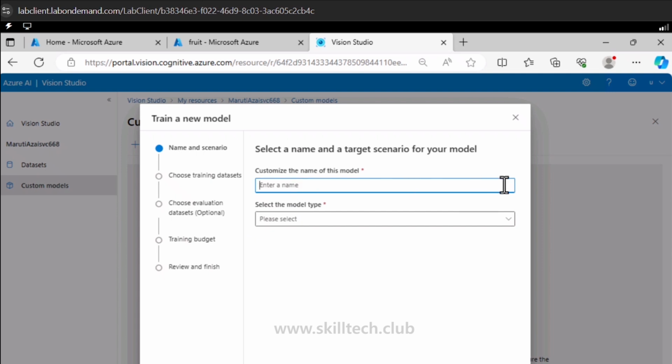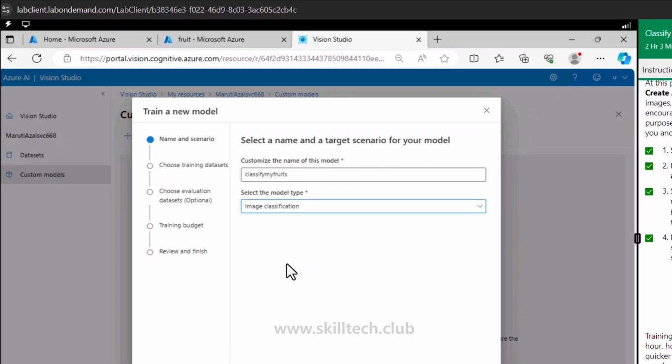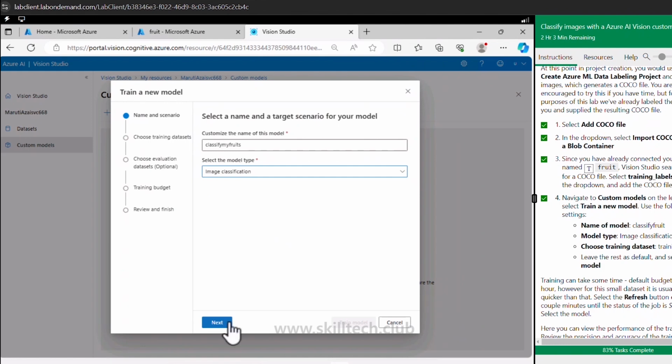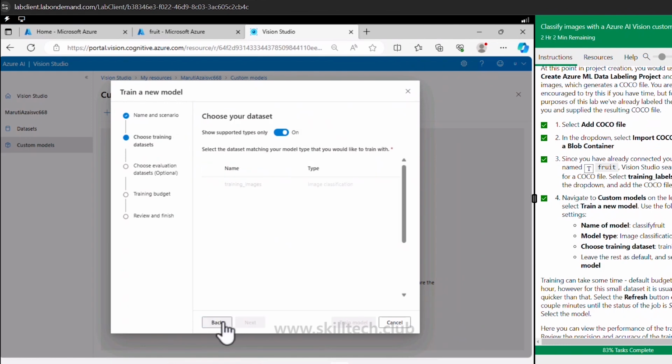I'm selecting and giving a different name this time. So I'm going to say classify my fruits. I'm just changing a name, image classification, and then we are going to click on next. Choose the training data set is going to be training images. So this is perfectly fine, and we'll just directly